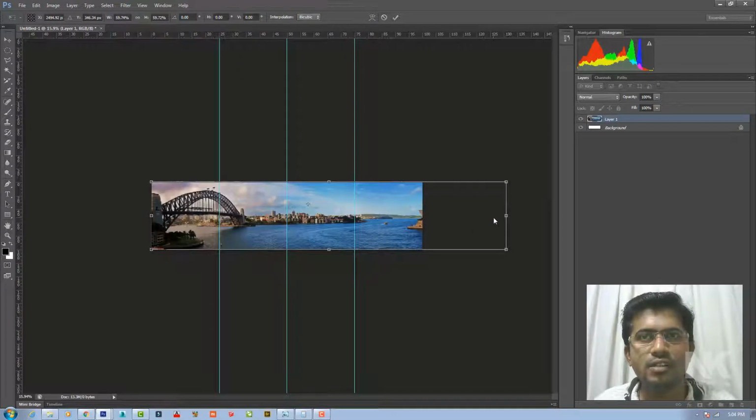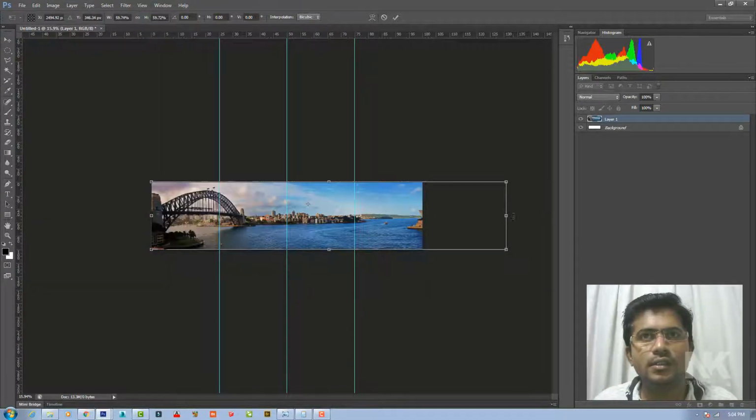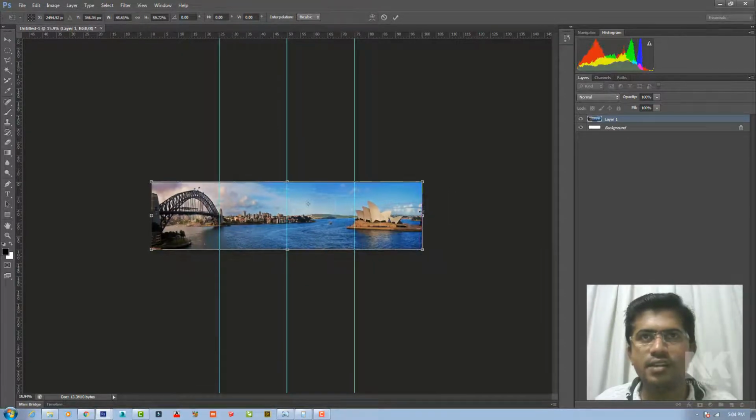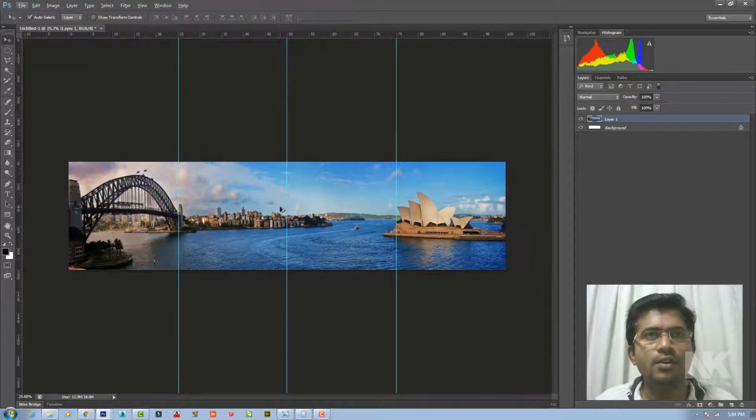Now we want to scale this image from the right hand side. I will go to Edit, and just drag it inside here, and done.